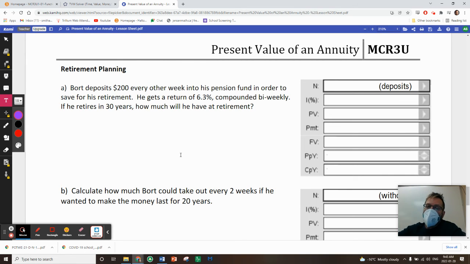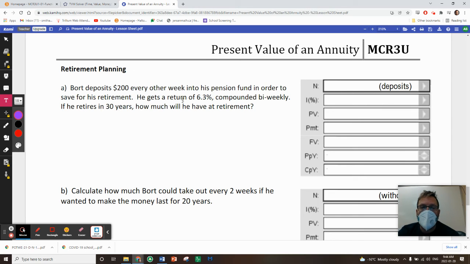But here we have Bort, and Bort deposits $200 every other week into his pension fund. This is a question from yesterday, a regular deposit question. Why would Bort deposit every other week? Maybe that's when he gets paid. If you get paid every month, maybe you make monthly deposits. If you get paid bi-weekly, maybe you make bi-weekly deposits. For most people, it depends on how often they get paid. But let's say Bort does every other week